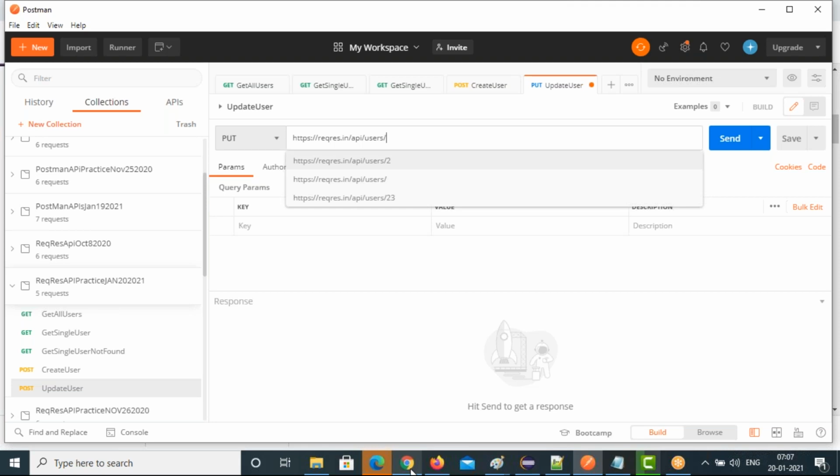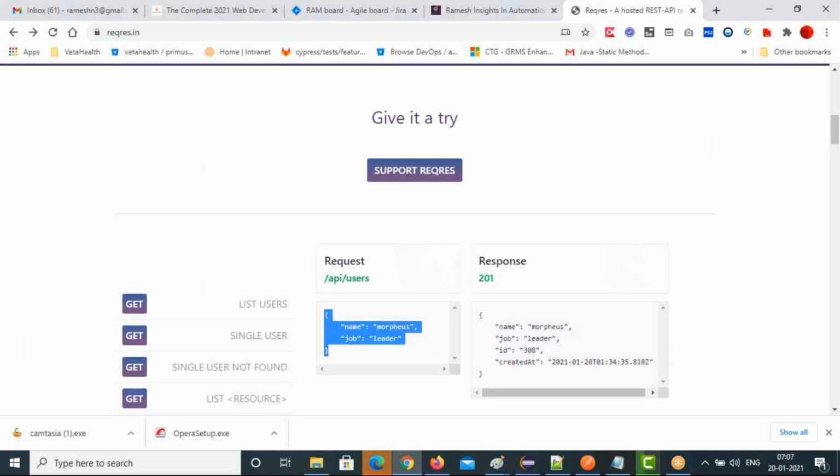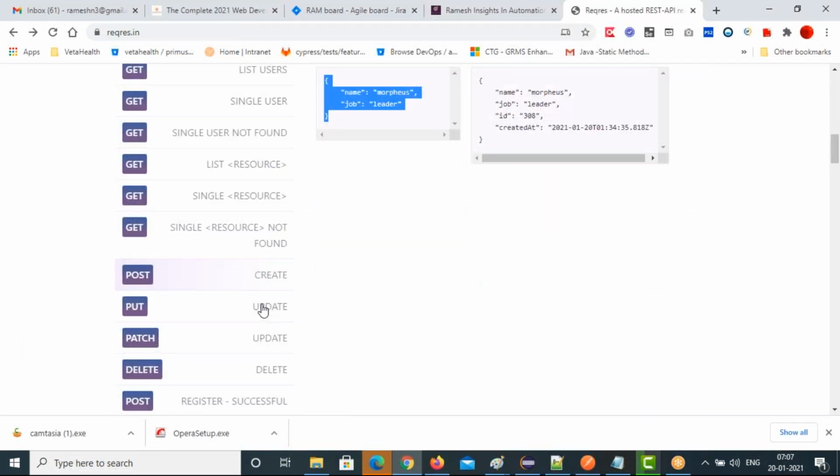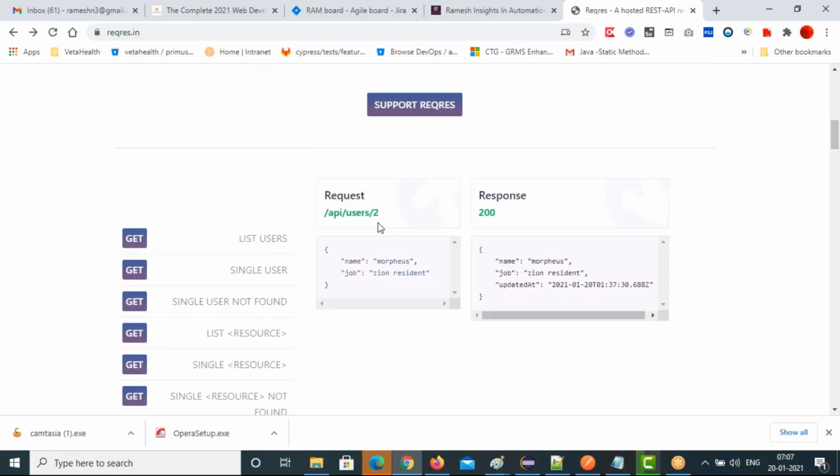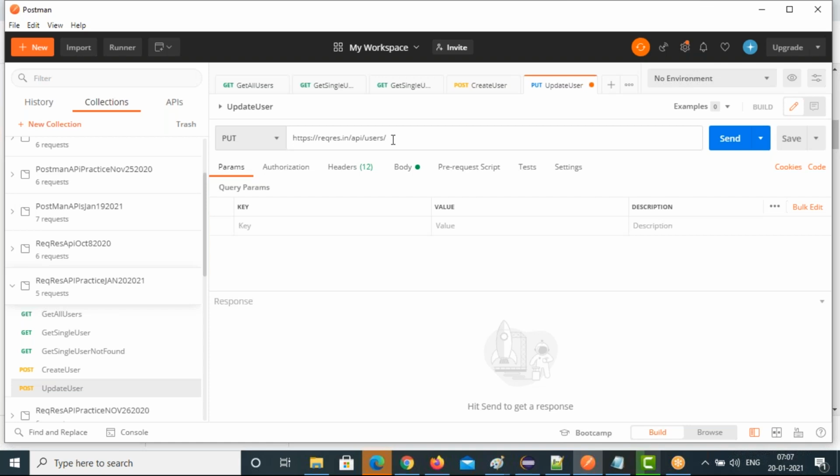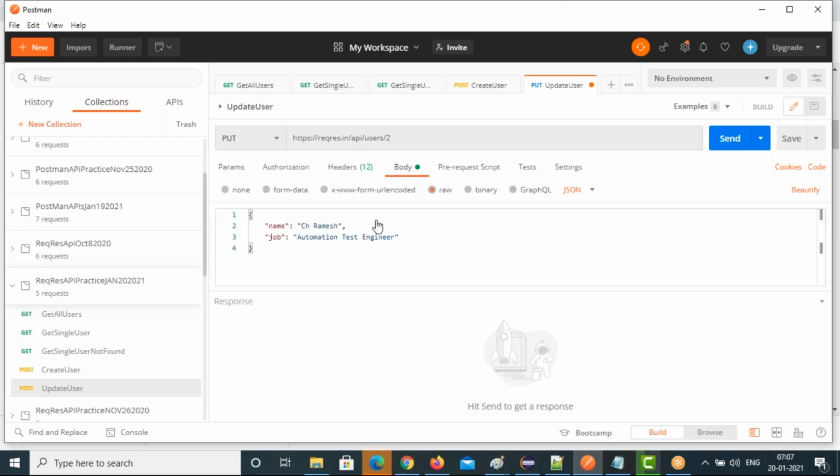Which user you need to update, we need to tell clearly. So we have a put method, update second user. Let's update second user.